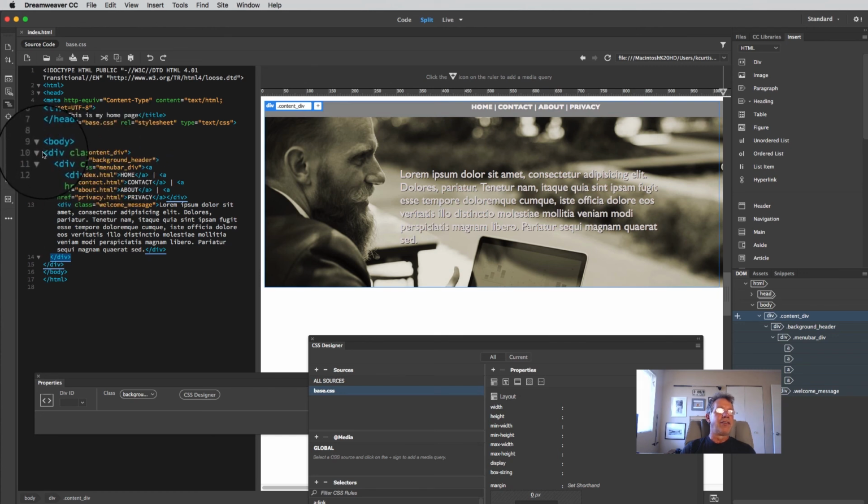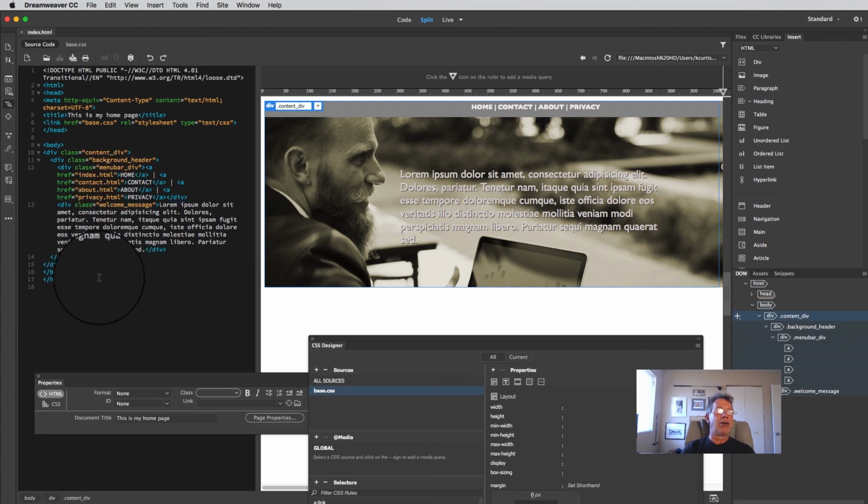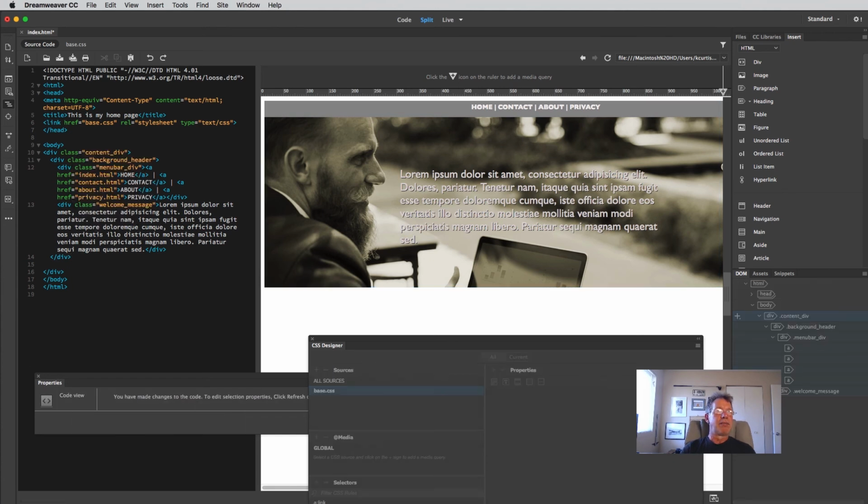Now, the first div right here would be the last closing tag. And since the next one is background header and everything was inside that background header,